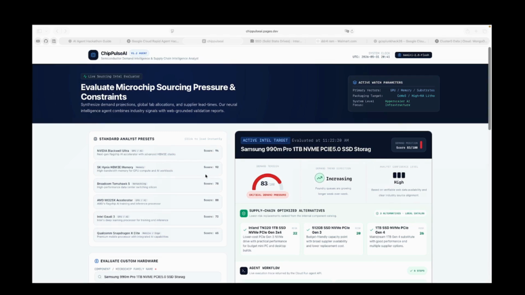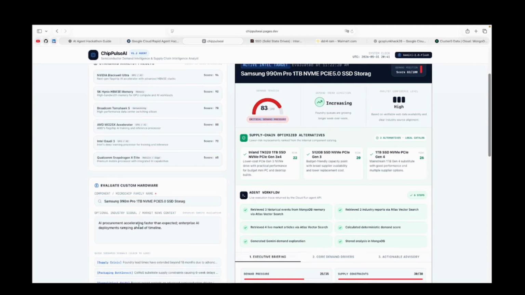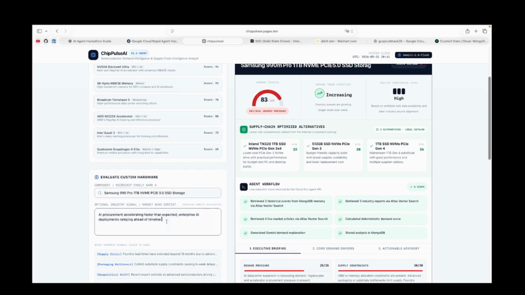But why? How do we get this demand pressure? How do we know that there are things around these alternative solutions that people might need? So let's go back to how it works. I'm going to correct this and say this is the right model, the 990 Pro, 1TB storage for the right PCIe configuration, for some builders like me who were seeing the news that the price of SSD was rising, with enterprise AI deployments ramping ahead of timeline,